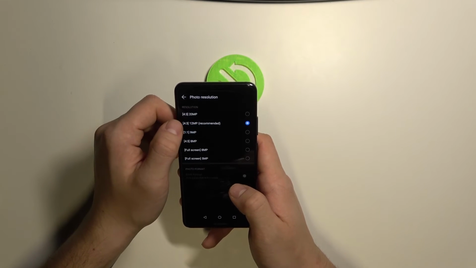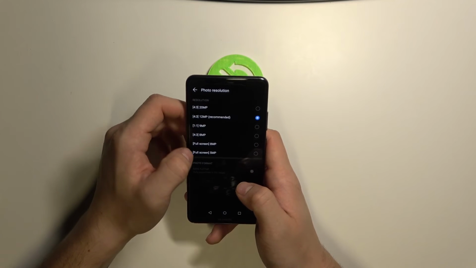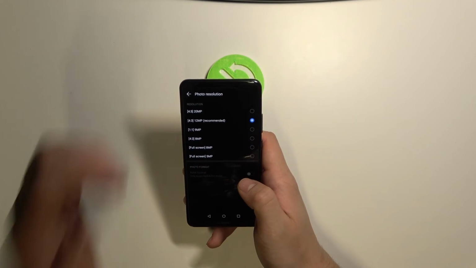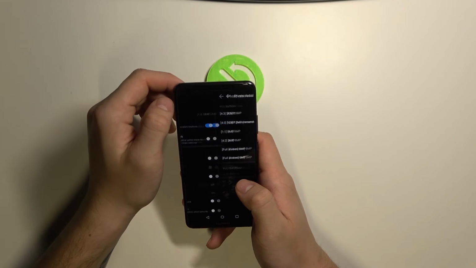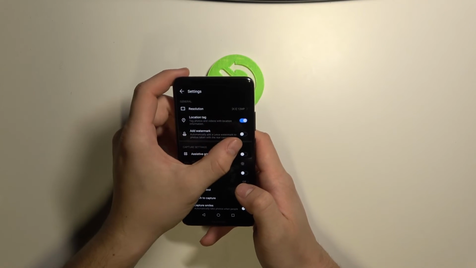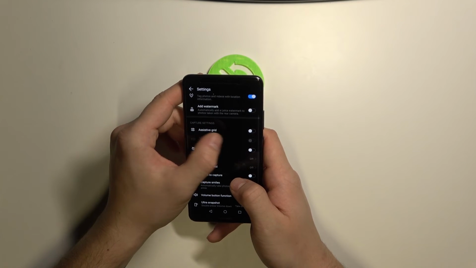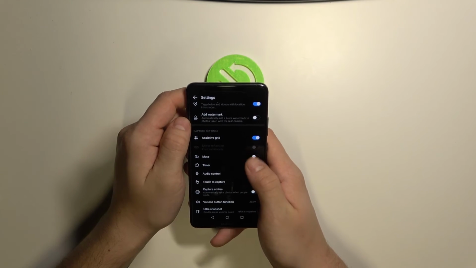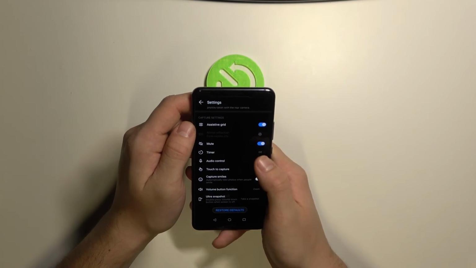In settings we can change resolution between 20 megapixels and full screen 5 megapixels. We can enable or disable location tags. We can add watermark, assistive grid. We can mute the camera, set timer,